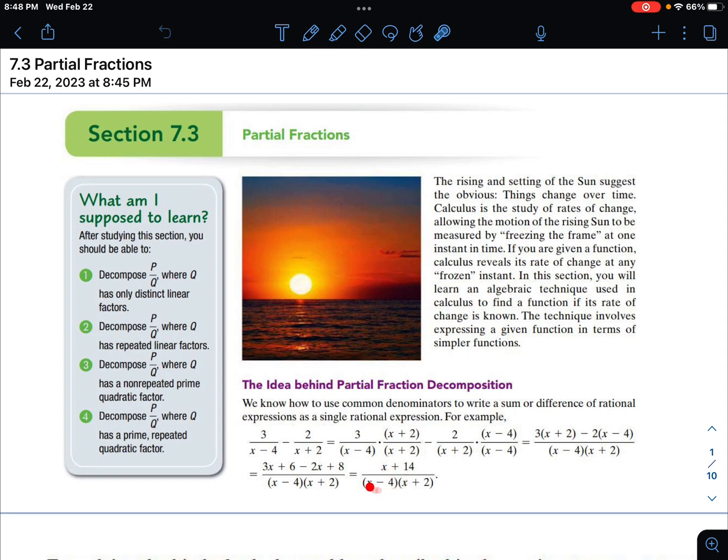And so there are some benefits to this. In this section, we're going to be going the opposite way. Instead of going from left to right, we're going to go from right to left, and we're going to get all the way back to this original function. But before that, we're going to need to be able to solve a system, and that's why we did 7-1